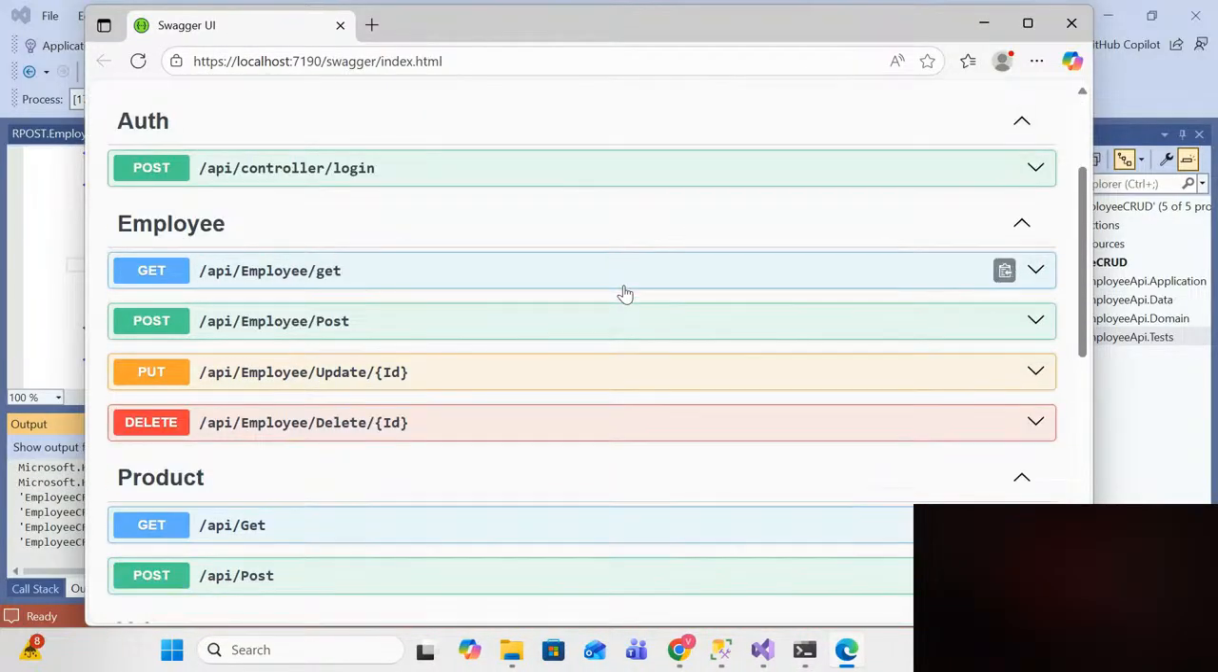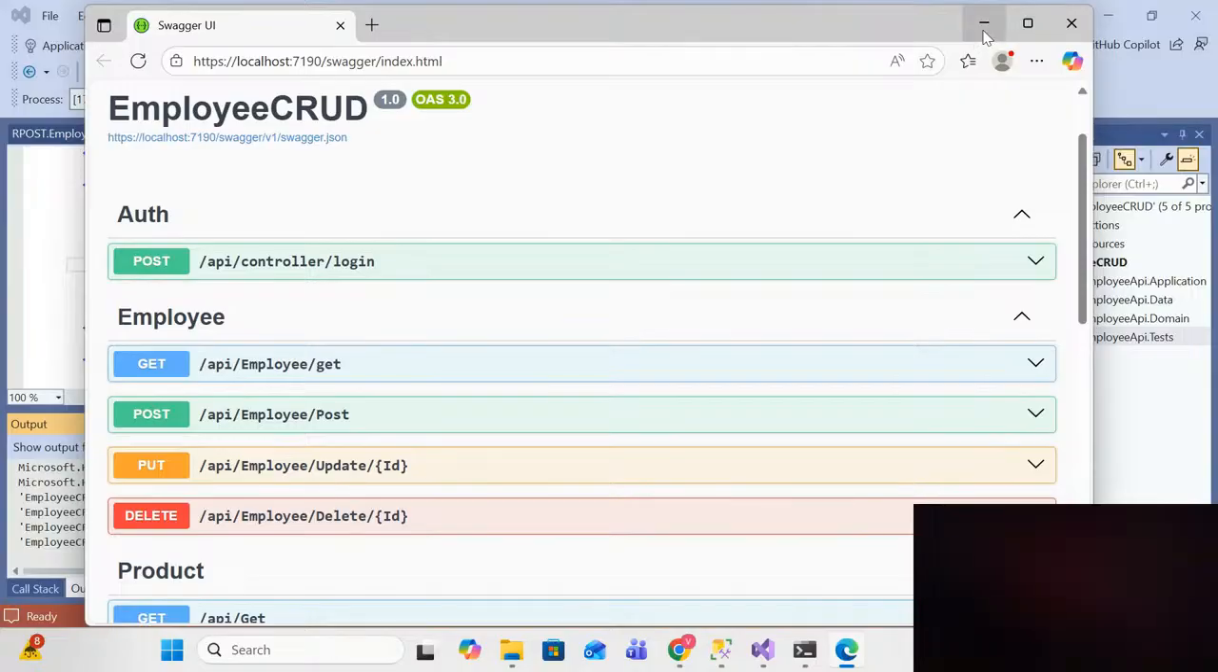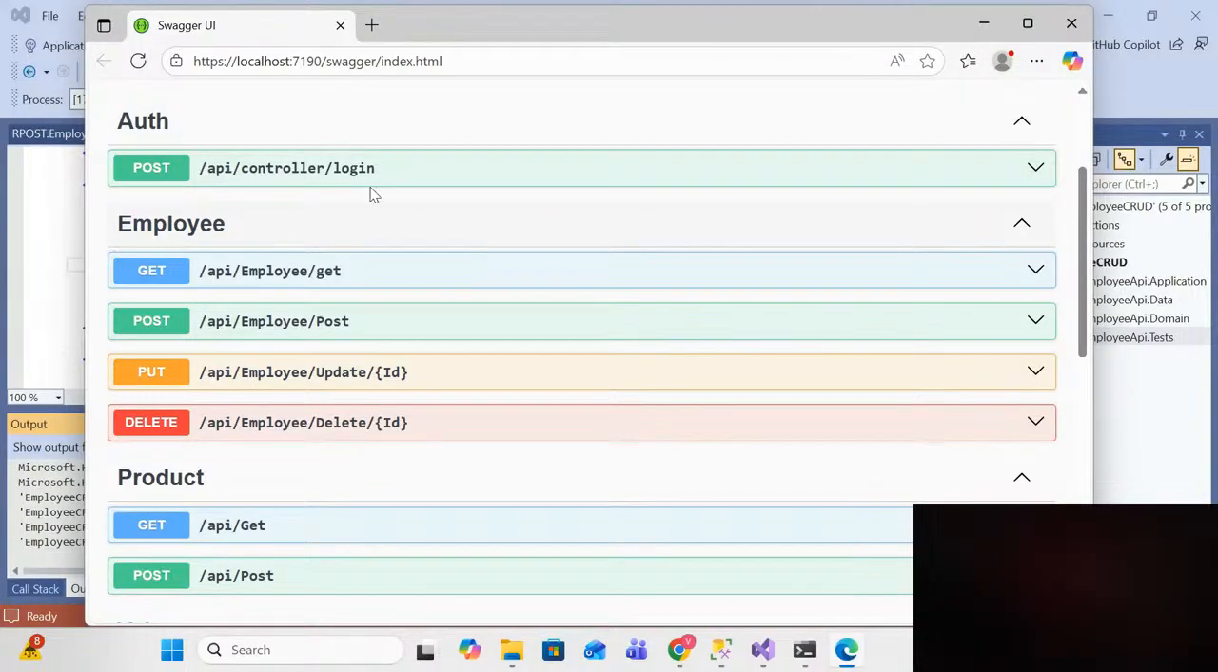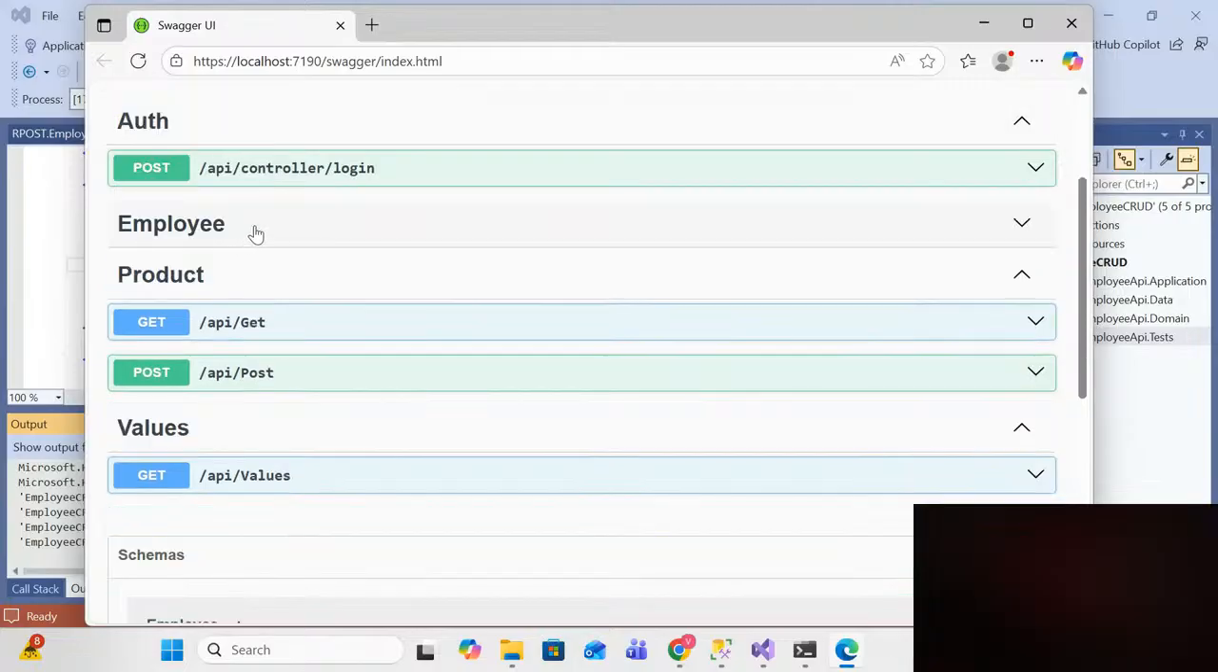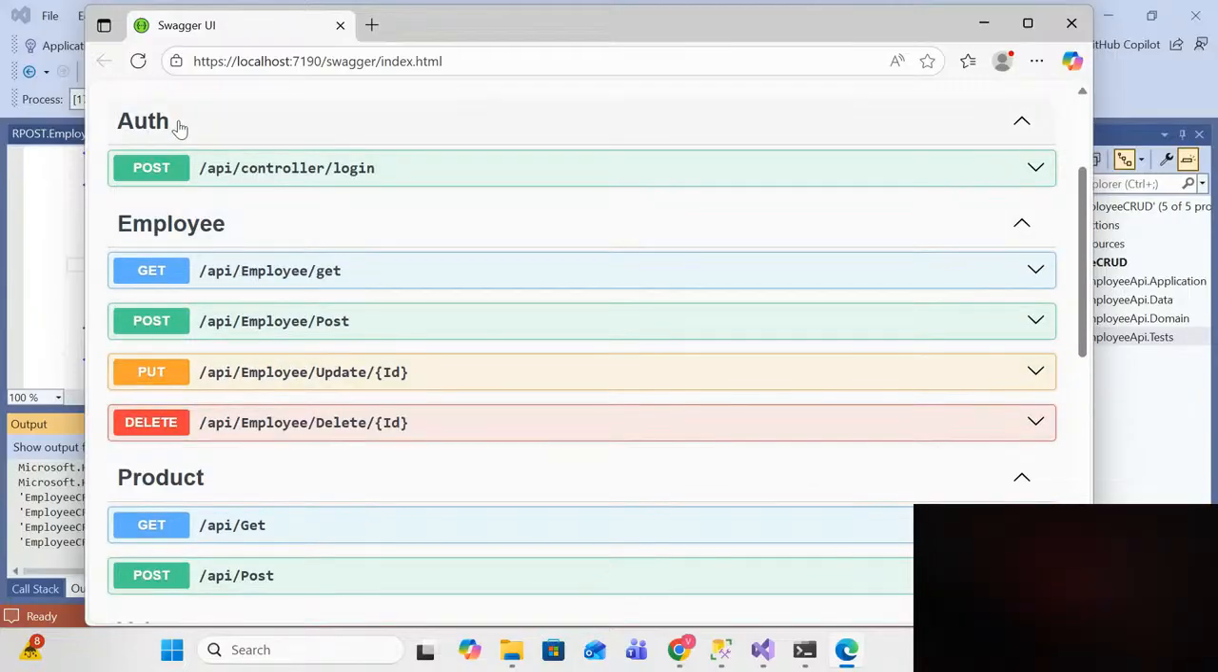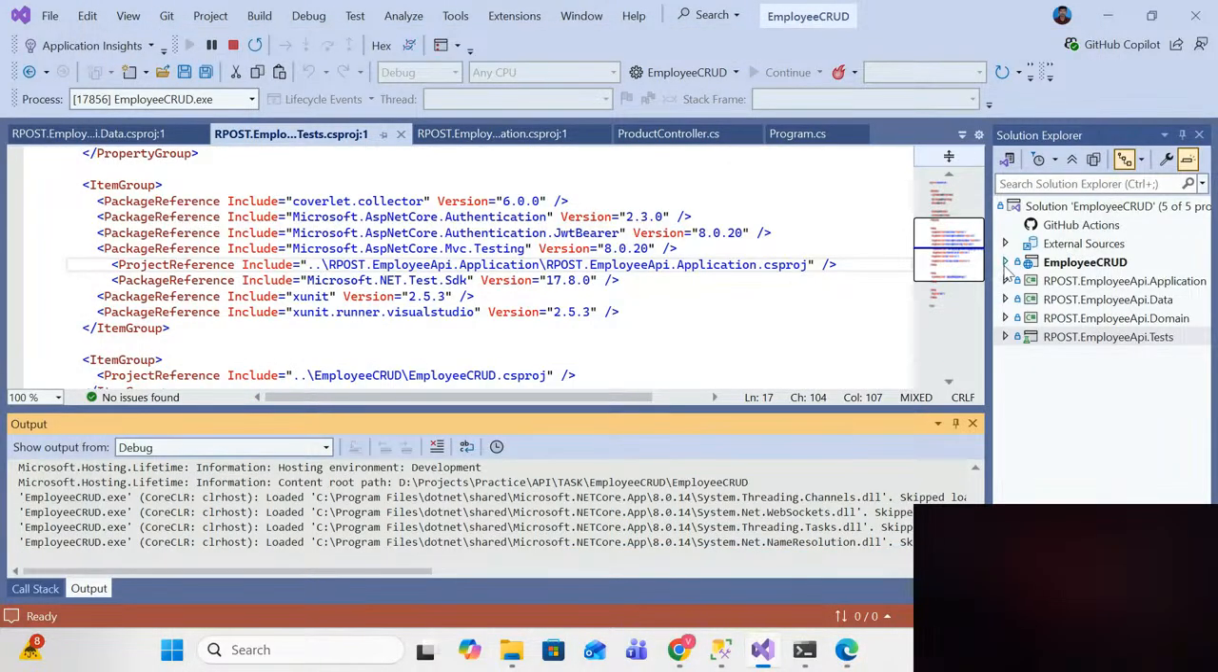So you can see in the application I have run, it has opened the Swagger. In Swagger I am able to see the auth and employee. So the auth controller and employee controller I have defined here. You can see in